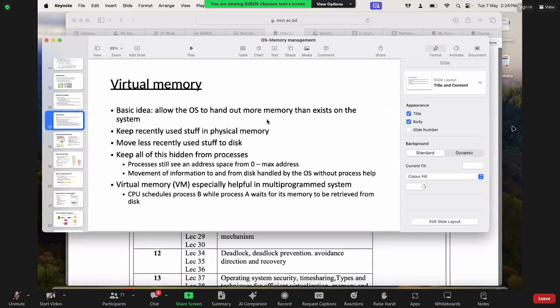Let's say I have something like 32 GB of RAM. If virtualization is done, in Windows 7 especially, you can see this option in the task manager. When you open the task manager and click on the memory part, there is a check box sort of thing, enable virtual memory.